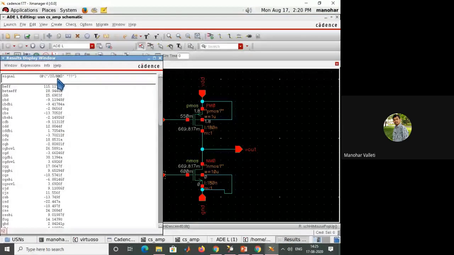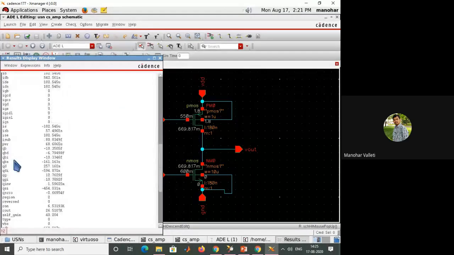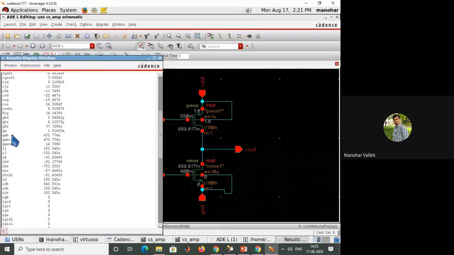So NM0, right? NM0 is NMOS. So these are all the parameters with regard to the NMOS. In that, what we want is in which region it is operating, what is GM and what is the on resistance. So you just please see the GM is 1.51652 milli. Please remember this value, 1.51 milli is the GM of NMOS, the transconductance of the NMOS.